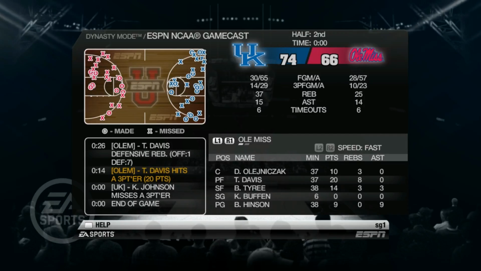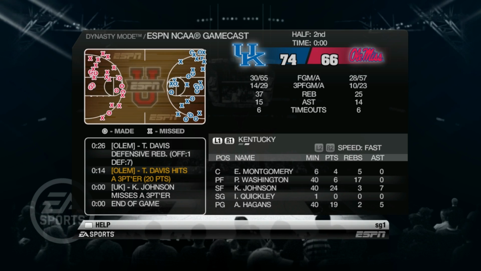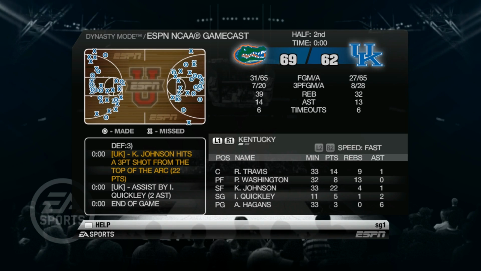Kentucky bounces back with the win over Ole Miss, 74-66. They win this one, get to 10-7 with a chance to beat Florida on their home court, get to 11-7, which would be a pretty good record. The SEC is going to be tough this year. So let's go to that game now, the final game of the regular season for Kentucky, and they lose to Florida